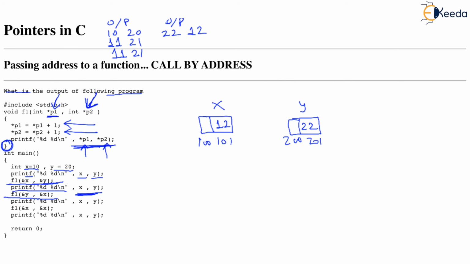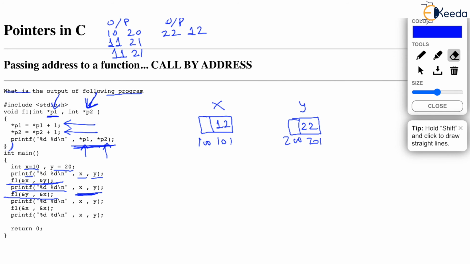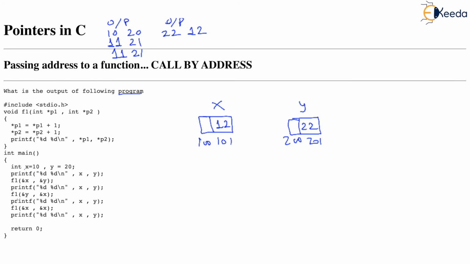Okay. Now let's resume our discussion that the function has again finished, isn't it? So what happens really when the function ends is that we come back to main. And main resumes with its work. From where will main resume? Obviously, main will resume from the next line. See, this function call is over. Now main will resume with this print, which is printing x followed by y. Now notice clearly x is 12 and y is 22. Just be careful about this.